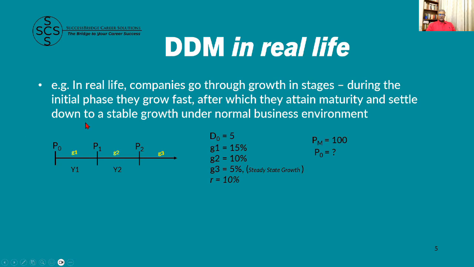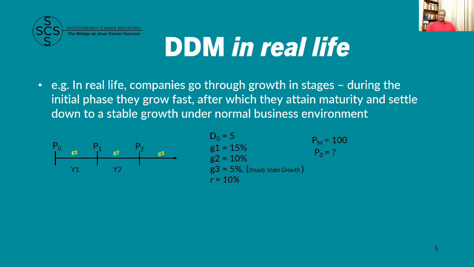Then you have PM, which is the market price of the stock. And R is the discount rate, which is the expected rate of return. Under these circumstances, what is the intrinsic price of the stock? This is a problem that we are going to solve in this session,